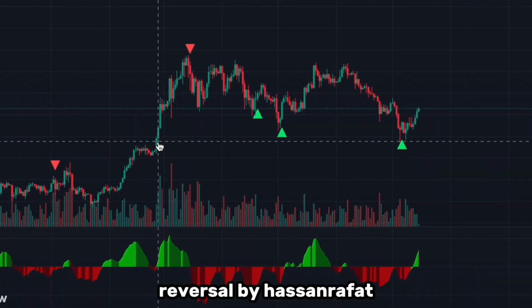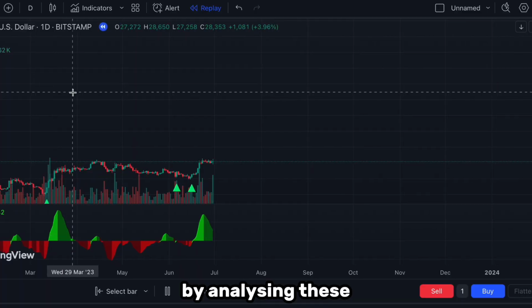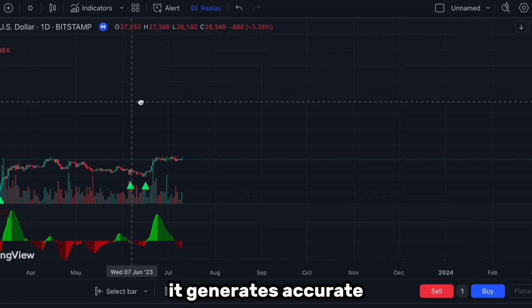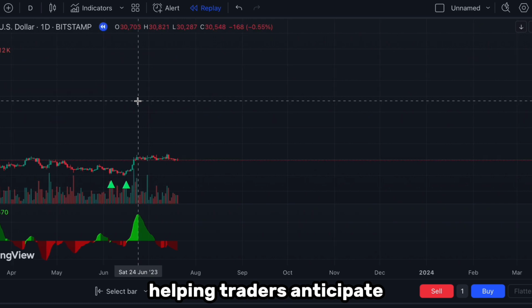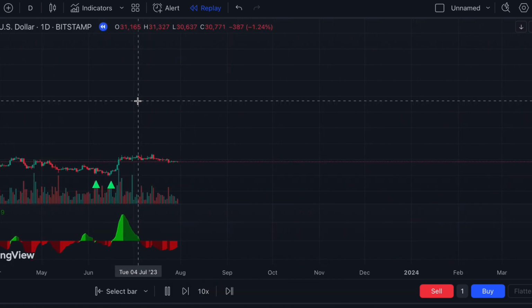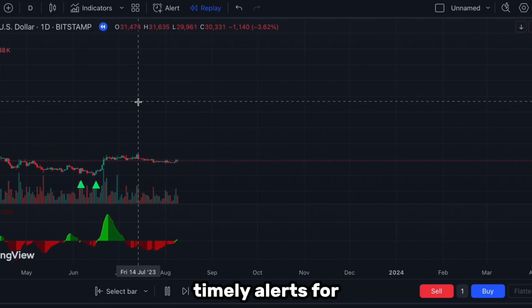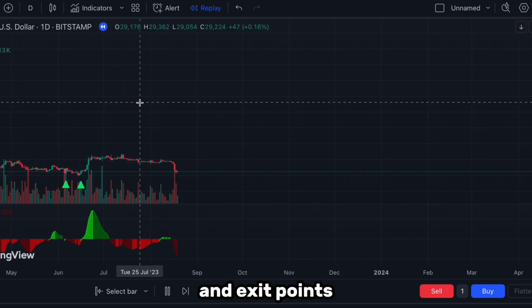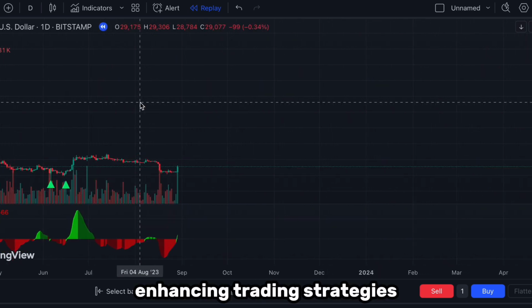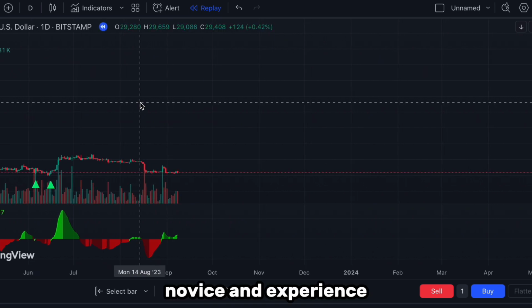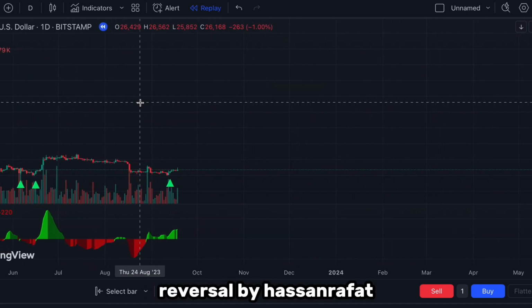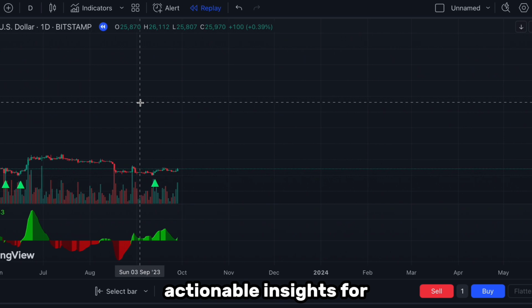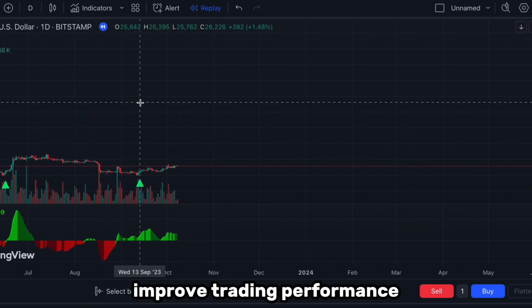histogram. Reversal by Hassan Rafat is a sophisticated TradingView indicator designed to identify trend reversals using candlestick patterns. By analyzing these patterns, it generates accurate reversal signals, helping traders anticipate market shifts. This tool provides timely alerts for optimized entry and exit points, enhancing trading strategies. Ideal for both novice and experienced traders, Reversal by Hassan Rafat offers clear, actionable insights for improved trading performance and